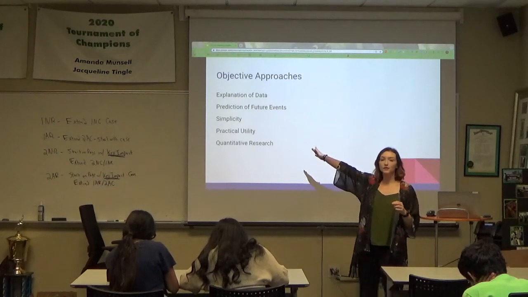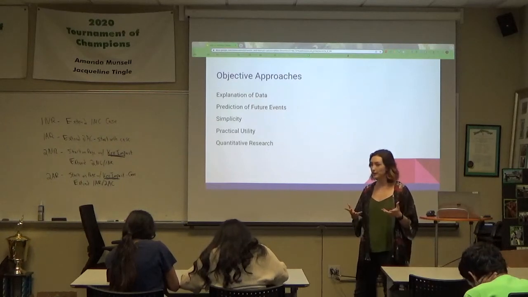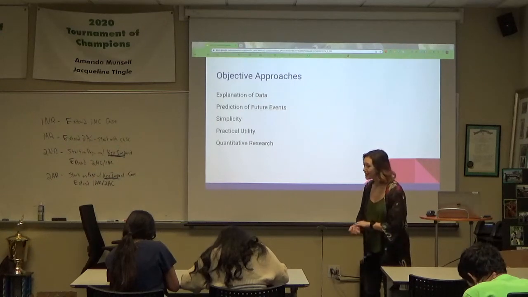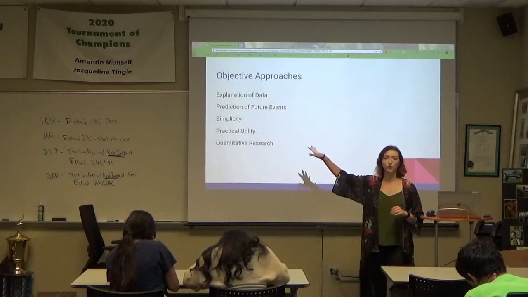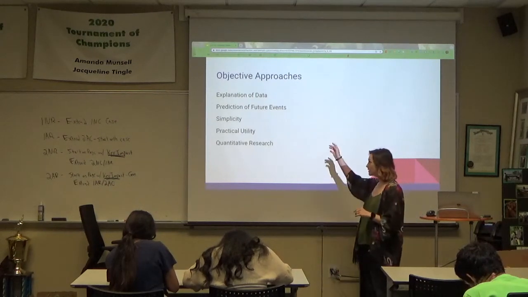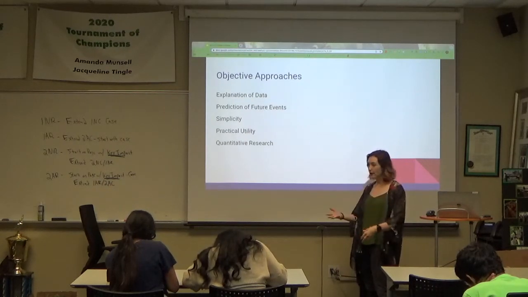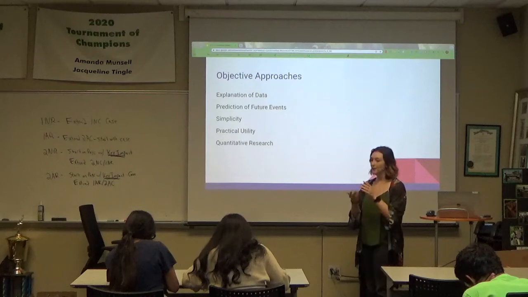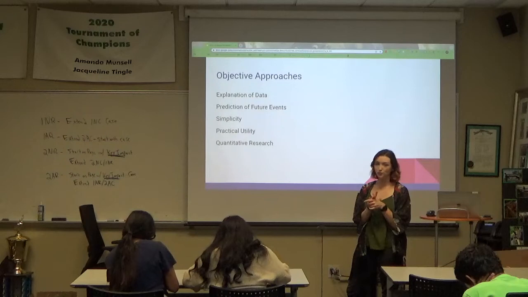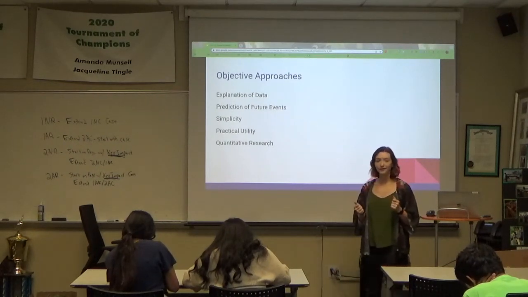Predicting future events. This is the most important thing for policymakers especially, and it's the way that international relations will market itself to its university to ensure that the department doesn't get shut down. Part of the goal is to make our prediction of future events better so that we can avoid cataclysmic events like war. They also opt for simplicity. Now that's not necessarily a bad thing. Obviously international relations is very complicated, but sometimes the simplest explanation is the best one. And so trying to make everything unnecessarily complicated or convoluted is sometimes not great.